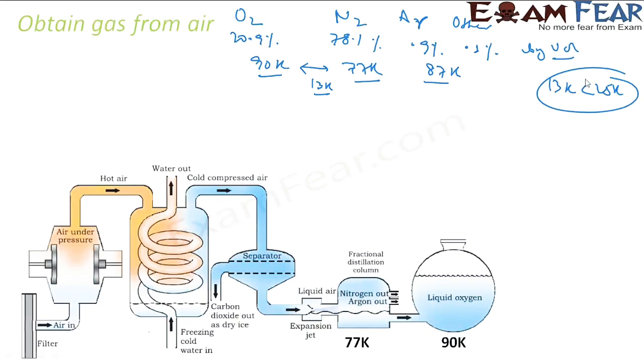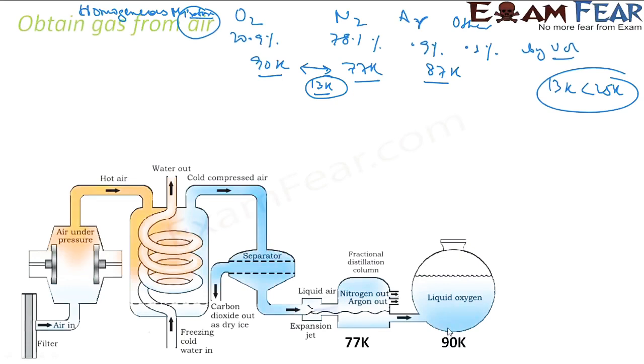But we know that at least there is a difference in the boiling point, and we know that air is nothing but a homogeneous mixture. Homogeneous mixture is a colloidal actually of oxygen, nitrogen, argon, and other gases. These have different boiling points, and the difference in the boiling point is less than 13 degrees Celsius in this case, so we can actually separate them by fractional distillation. Okay, so what we can do here is